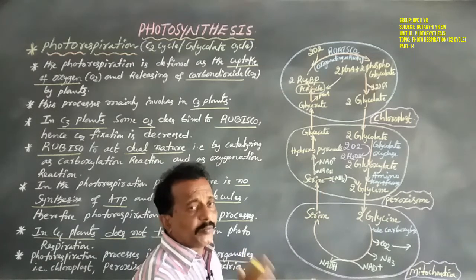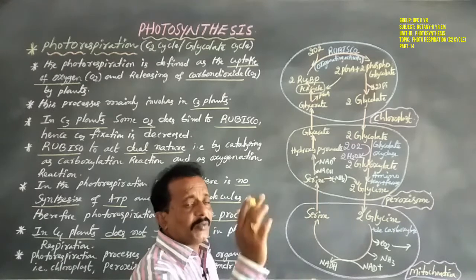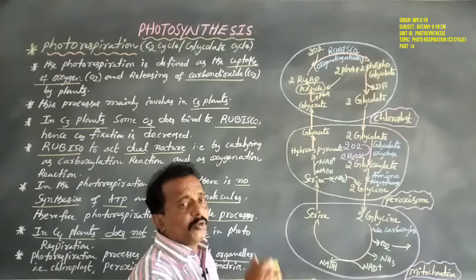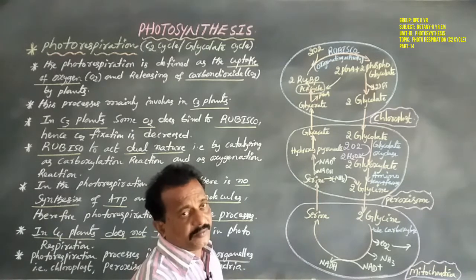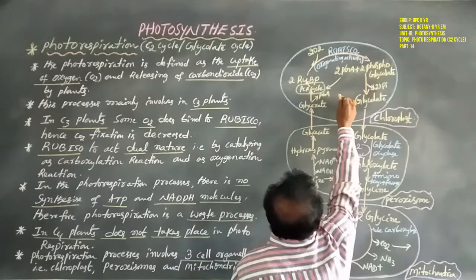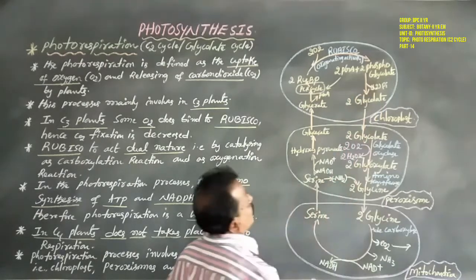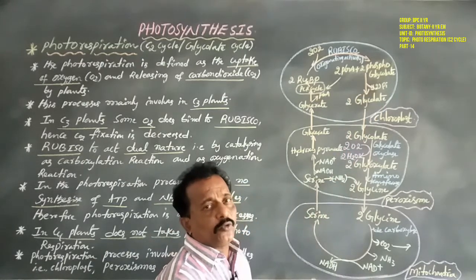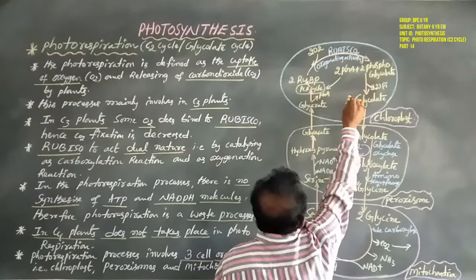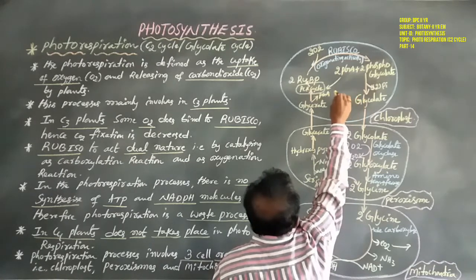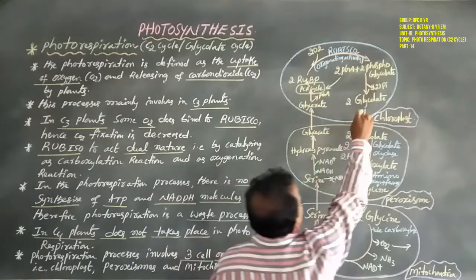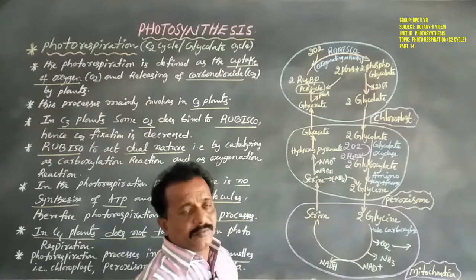At this time there is no increase in CO2 concentration, only an increase in the level of oxygen, above 21%. So at this time the 2 molecules of RuBP form 2 molecules of phosphoglyceric acid and 2 molecules of phosphoglycolate. So dear students, the 2 molecules of phosphoglyceric acid, or phosphoglycerate, go again through the Calvin cycle to form starch, but only the 2 molecules of phosphoglycolate are involved in photorespiration.